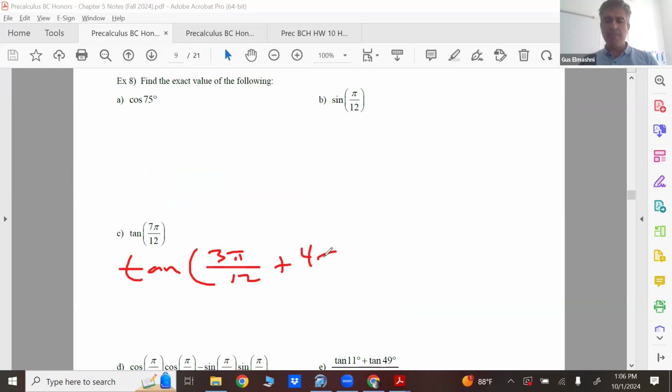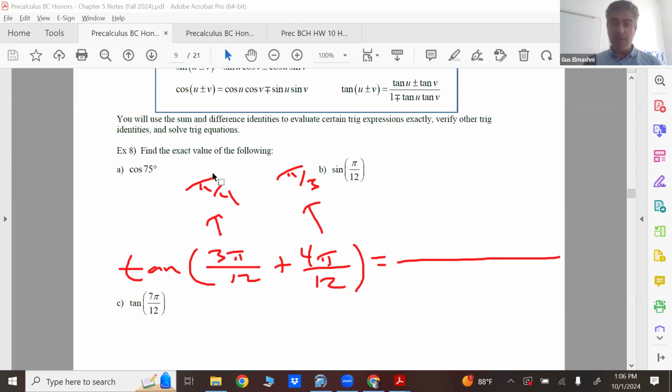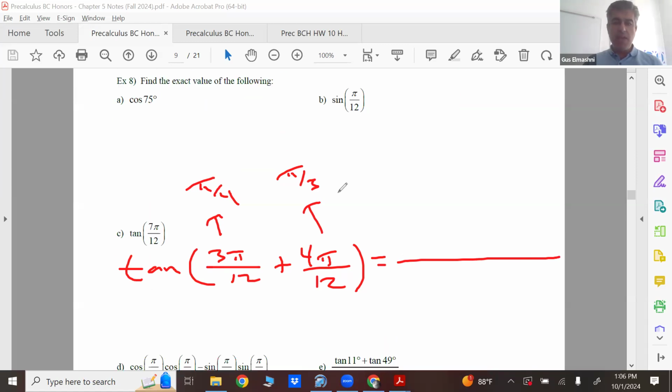So think of it like this, right? 3 pi over 12 plus 4 pi over 12 is 7 pi over 12. Guys, quiet, please. That's gonna be pi over 4 and pi over 3. Now, that formula is gonna be, again, I forgot. I'm gonna look at it. Okay, I'm gonna add them first. And it's gonna be intuitive. I'm gonna do tan pi over 4 plus tan pi over 3. Then it's gonna be counterintuitive down below. It's gonna be, geez, 1 minus tan pi over 4